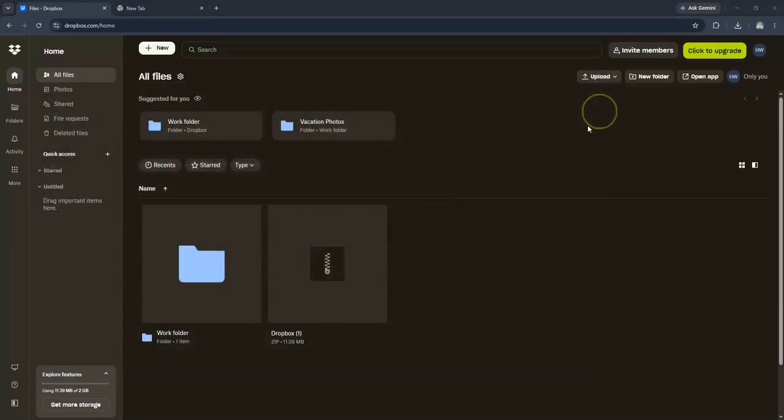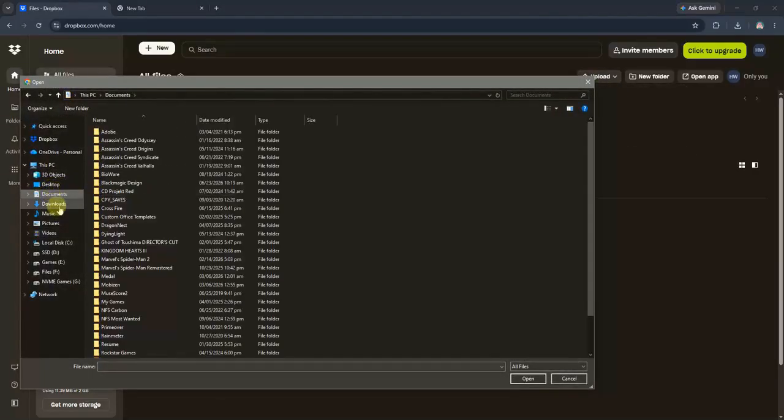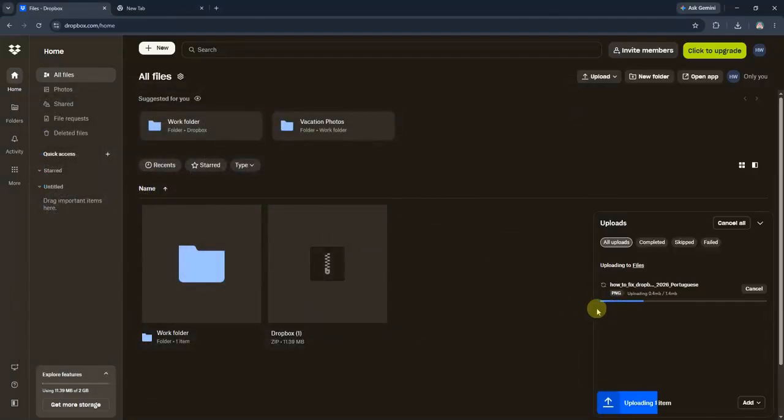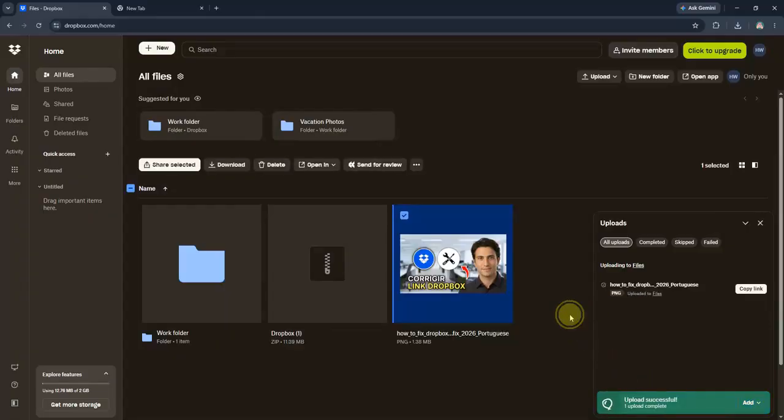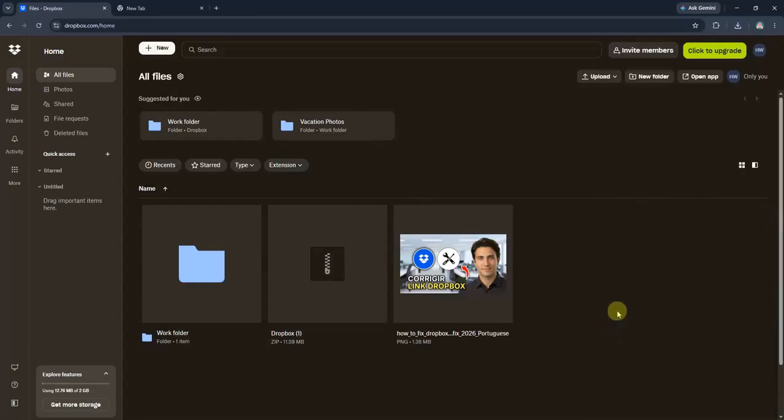After selecting your preferred option, a File Explorer window will open. Navigate through your computer to find the file or folder you want to upload. Select it, and click Open or Upload, depending on your operating system. You'll see a progress bar indicating the upload status, and once it completes, your file or folder will appear in your Dropbox account. If you're uploading a large file or folder, make sure your internet connection is stable to avoid